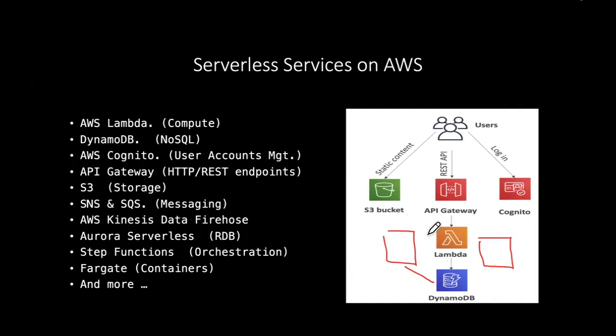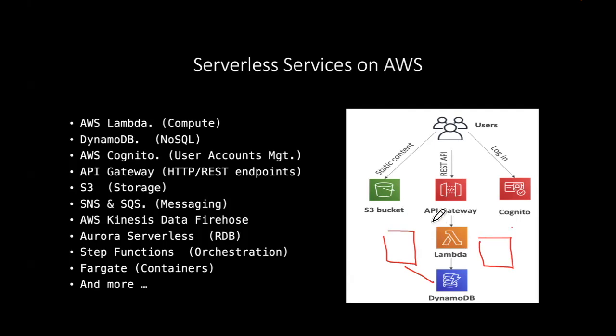Now, these Lambdas aren't accessible directly from your browser. They're only accessible via this piece of middleware, which is called an API gateway, which I mentioned over here. So our React app will be sending requests to the API gateway, and the API gateway will be routing those requests to one of these Lambdas. The routing will be based on the path name that it received in the request. So that's the flow of execution that will be going on here.